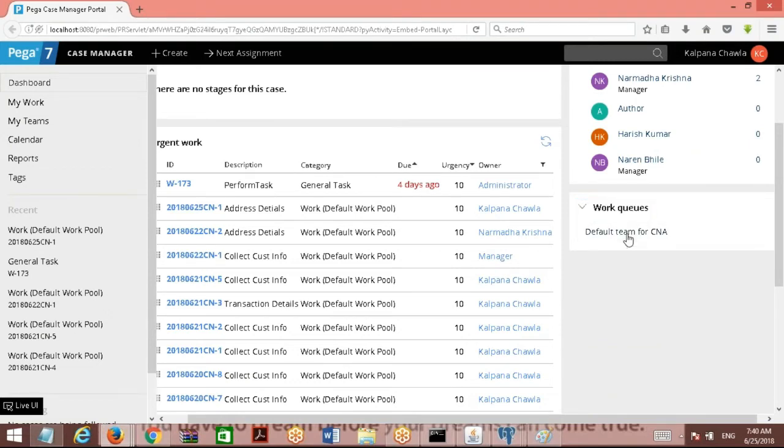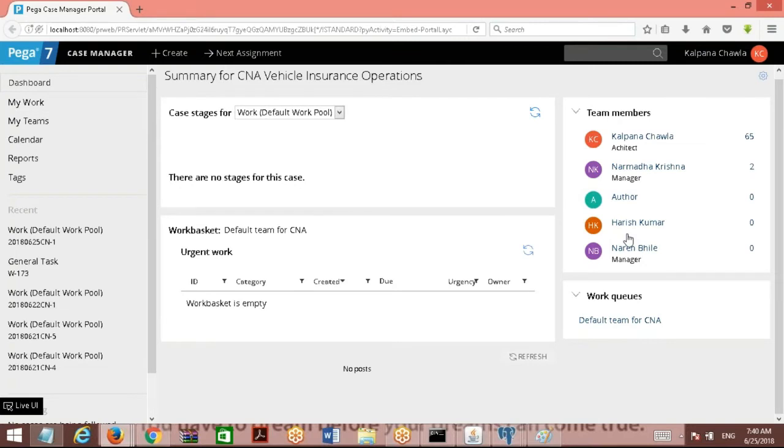When I click on the link of the work basket, with this work basket name, what are all the work items available in the work basket table? Which column will be matched? When I click on this work basket link, it has to bring all the work objects in that basket and display them here in the UI. It will be fetched from the table PC assign work basket. It has to match one of the columns, right? Which column will it match? PX assigned operator ID. PX assigned operator ID is equal to the name of the basket that you have clicked on. That basket name will be matched against PX assigned operator ID and will fetch all the work items related to that basket.